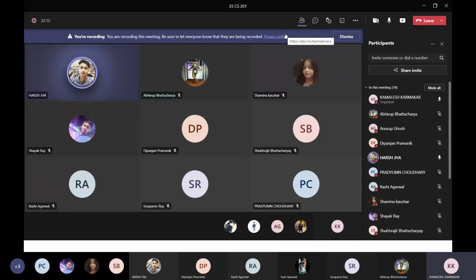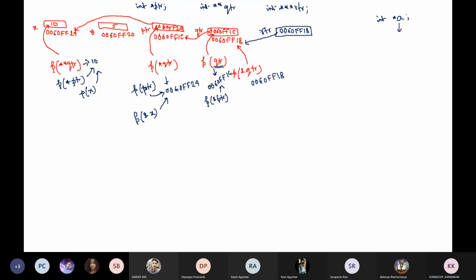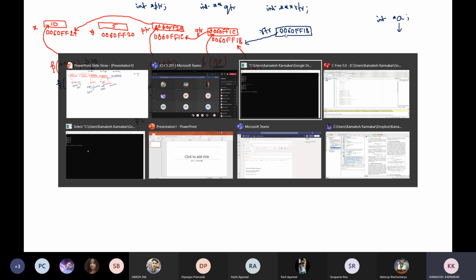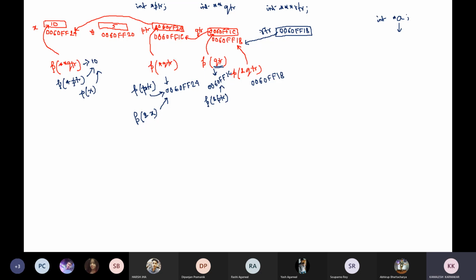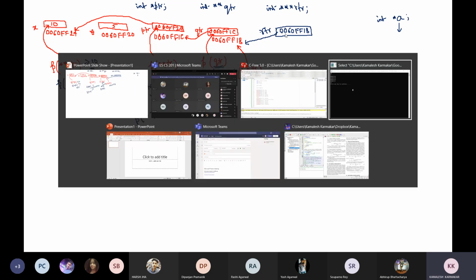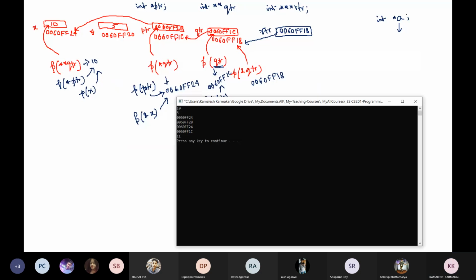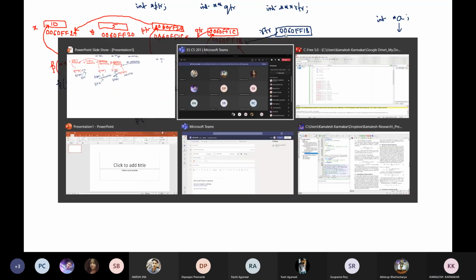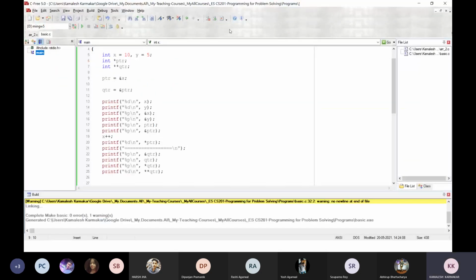Now let us test the program. I am returning to the program here. If I perform x plus plus, the value of x will be incremented.